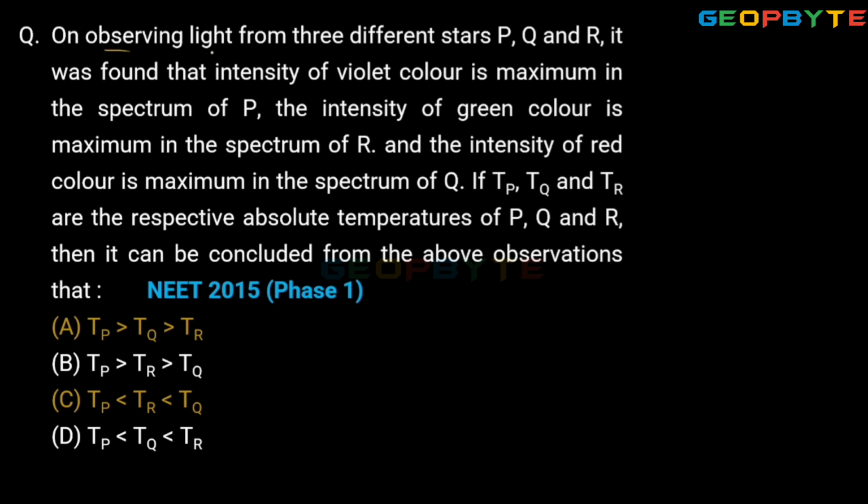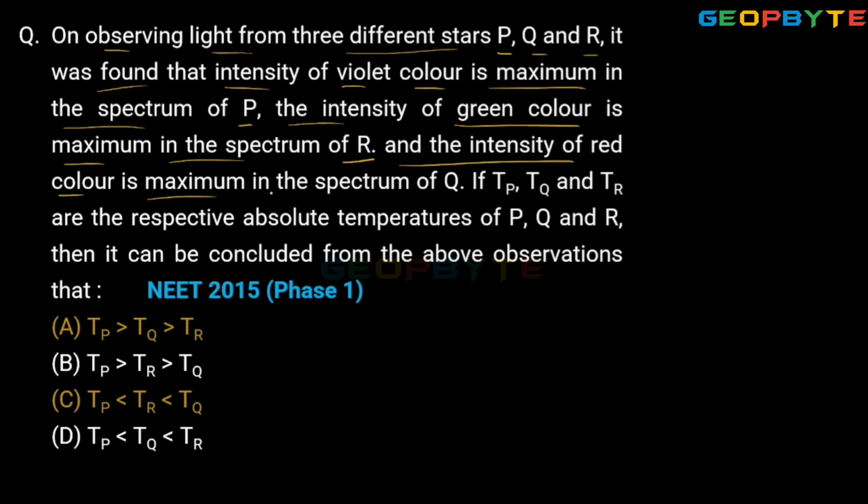On observing light from three different stars, namely P, Q, and R, it was found that the intensity of violet color is maximum in the spectrum of P. The intensity of green color is maximum in the spectrum of R, and the intensity of red color is maximum in the spectrum of Q. If Tp, Tq, and Tr are the respective absolute temperatures of P, Q, and R, then it can be concluded from the above observations that